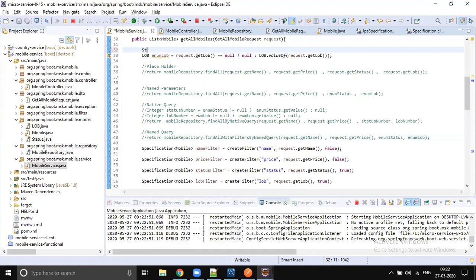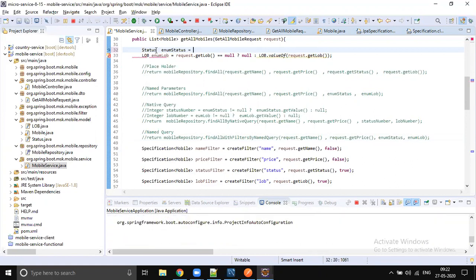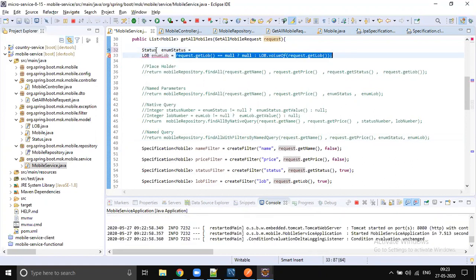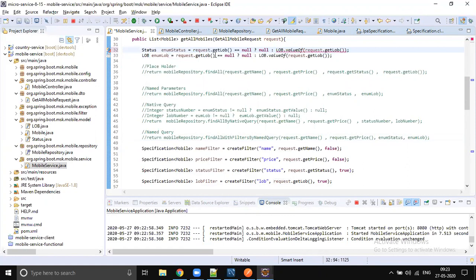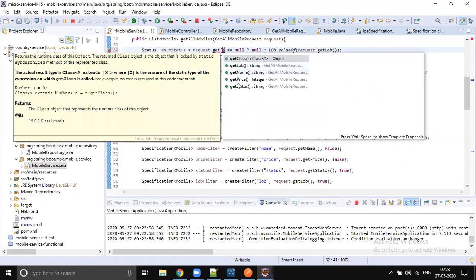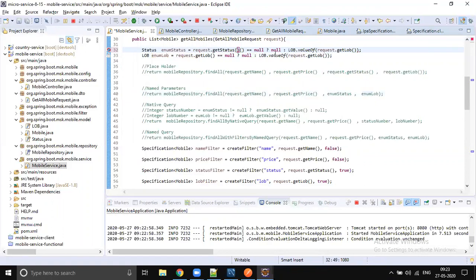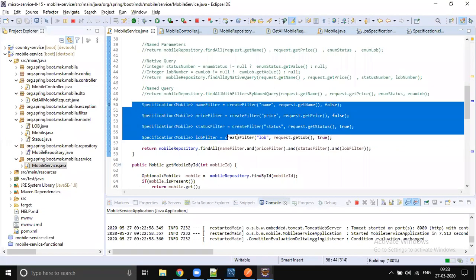So let's put this back. Otherwise, if I don't put this back, the code below will break, right? The commented code will break when we uncomment it. So let's quickly define this. If status is null, then null. If it is not null, then convert into status. Anyway, this is also not required for us, right? So for our code, for now, this is the code required.